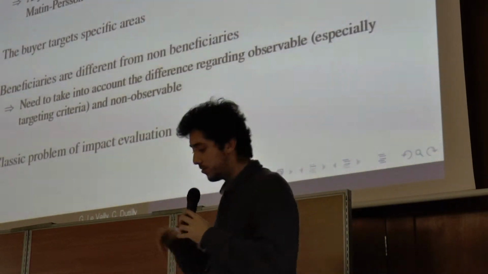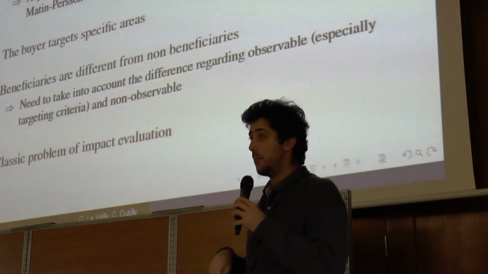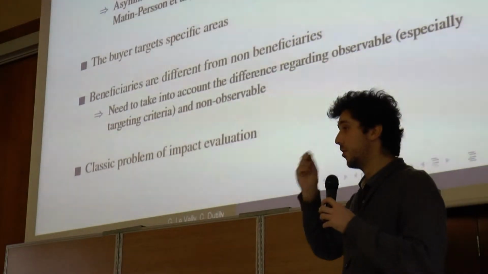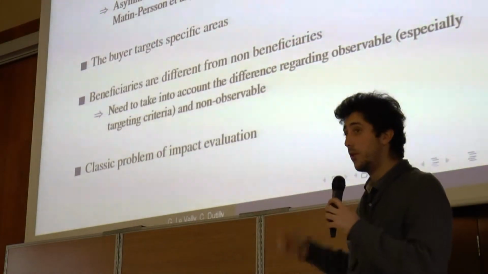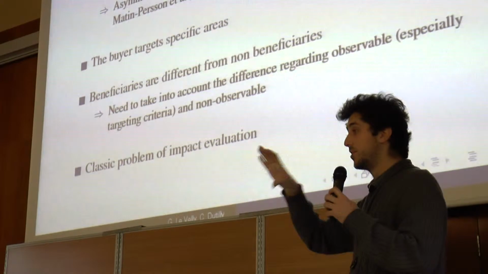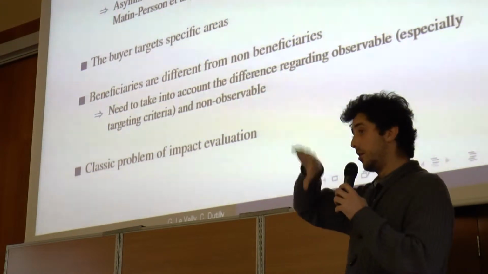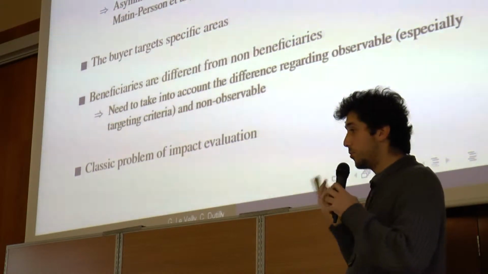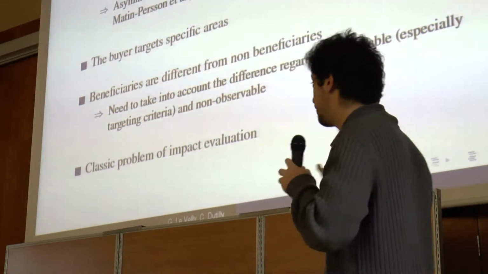And then we get to the classic issue of selection bias in our estimation. So I'll be quick on this one. It's just common with what we said since yesterday: there is a bias. We don't know in which direction it will go, because we can say there is adverse selection. On the other hand, we can say that the bias will target specific areas, so we cannot compare the targeted landowners with the other ones. So we don't know which direction it goes, but we know they're different.